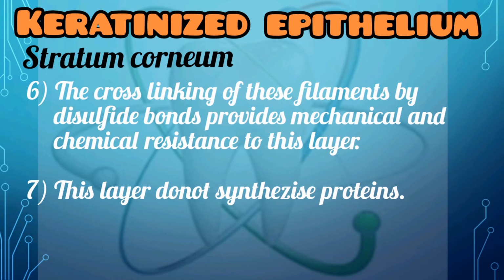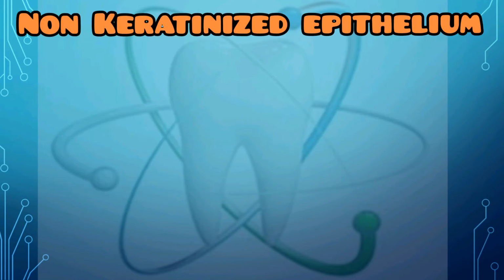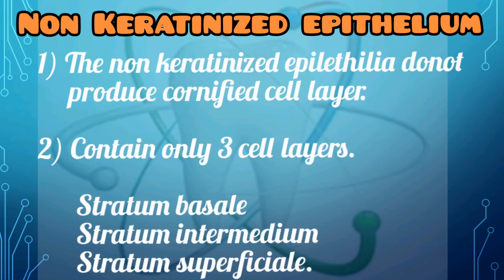So that comes to an end of the layers of keratinized epithelium. Now we can go through the non-keratinized epithelium. The non-keratinized epithelia differ from the keratinizing epithelium primarily because they do not produce a cornified surface layer. So, unlike the keratinized epithelium, the non-keratinized epithelium contains only 3 cell layers: the stratum basale, the stratum intermedium, and